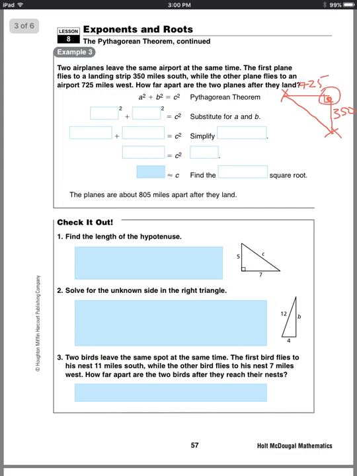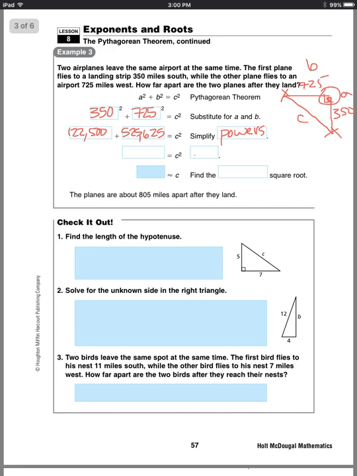This is our right angle, okay? So this is C. So we need to substitute. Let's go ahead and say this is A and this is B. Remember, it doesn't matter which is A and B as long as you have the sides touching the right angle as your A and B. We have 350 squared plus 725 squared. 350 squared, 350 times 350 is 122,500, and 725 squared is 525,625. So there we simplified our powers,